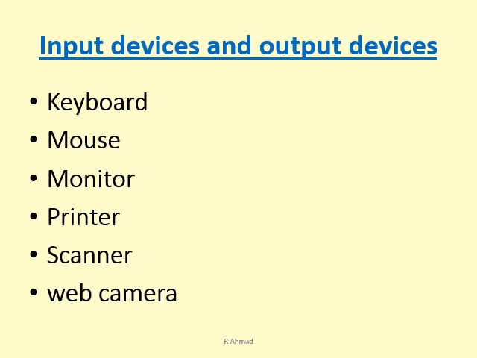Then monitor, very popular, most commonly used output device, and nowadays we have different categories of monitors, LED monitors, LCD screens. So this is a very popular output device on which the processed result is displayed. Printer is a kind of an output device whose function is to give you the hard copy of the data. Now if you are watching something on the screen, that is a soft copy. If you want to have that particular data in the form of tangible material that can be touched, that can be stored, then we need a printer.